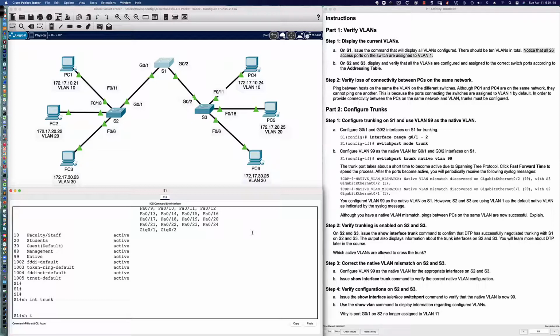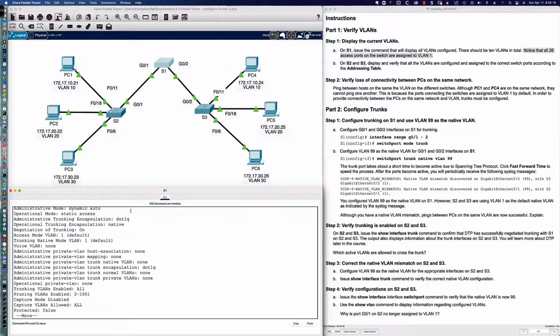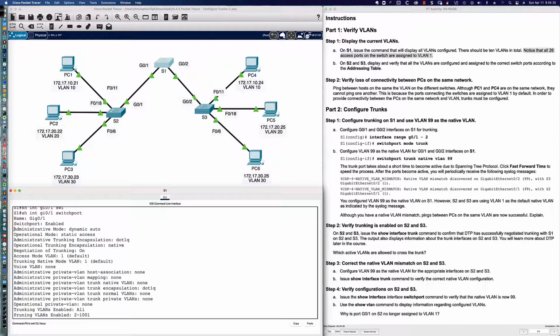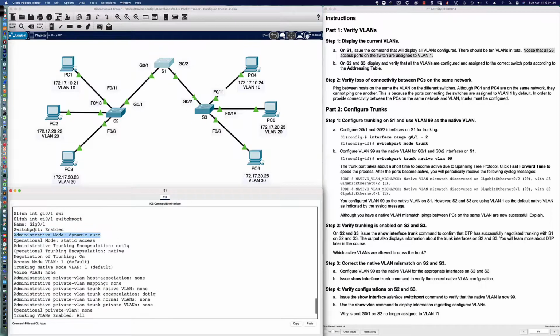And we're going to say show interface gigabit Ethernet 0/1 switchport. And you can see here that the administrative mode, and that is the default mode, is dynamic auto. And you can see here the switchport's enabled. And what did it finally decide to become? The operational mode is static access, because both sides are dynamic auto, meaning both sides are kind of standing there